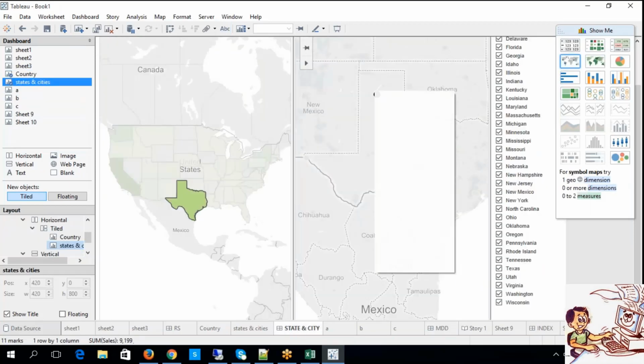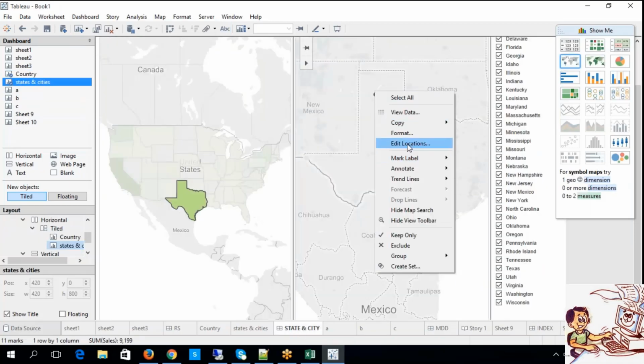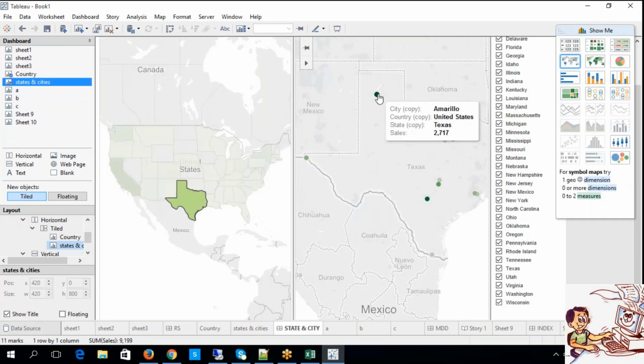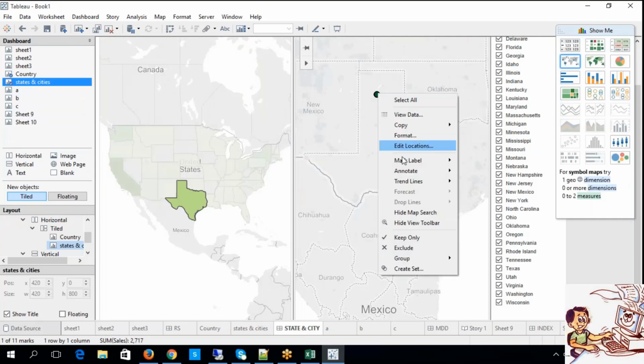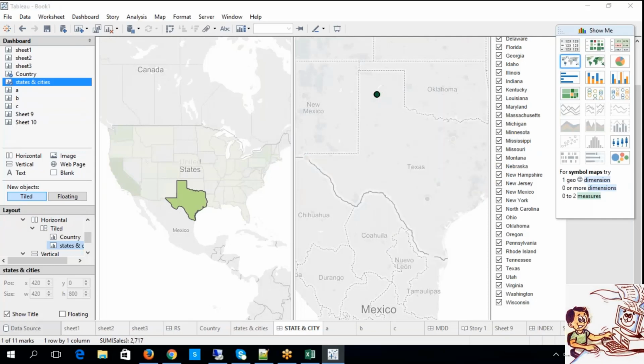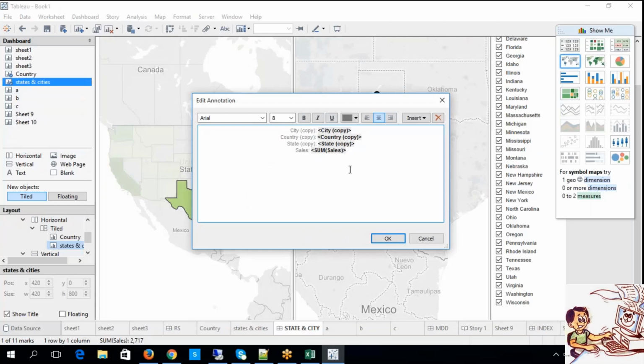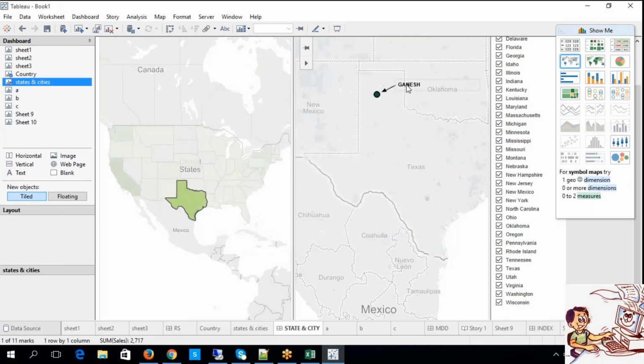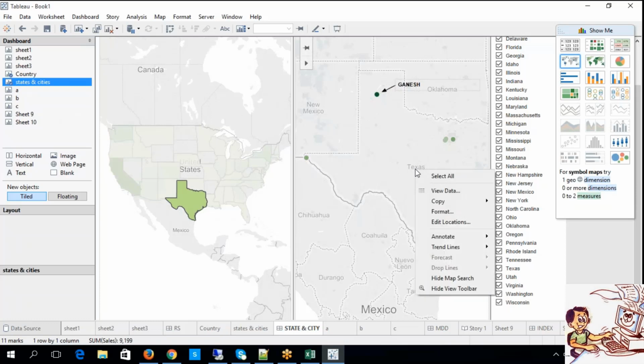Again, like you know what I said, edit locations, mark labels. Annotate, in the sense. Now look at this. You have this value, right? Now look at this. Annotate. What is this? Mark. Do you want something? Write it down. Let's say, for example, now look at this, Ganesh. So likewise, you can highlight in this way. And again, point.